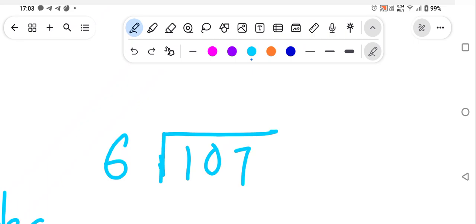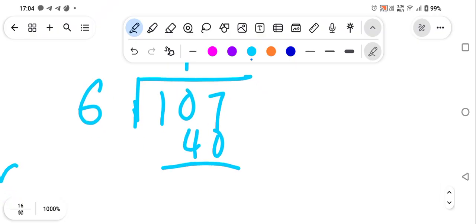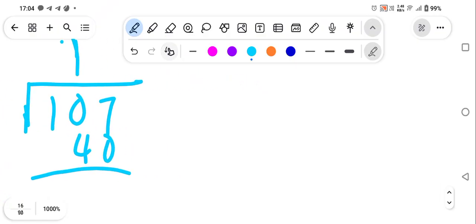We start from the hundreds, but 1 is less than 6, so clearly it's not divisible. So we're gonna move another one. Is 10 divisible by 6? Yes, 1. So this will be 1